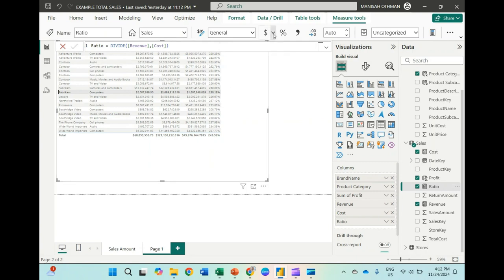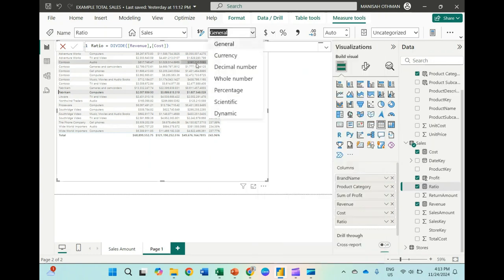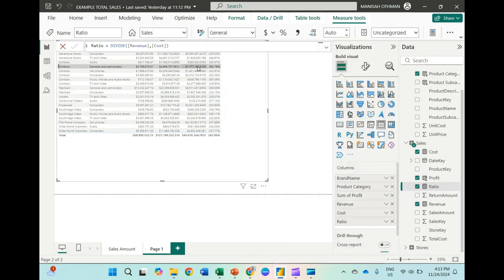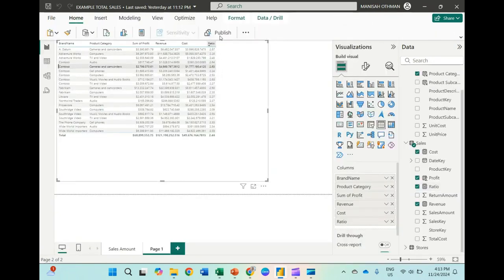Okay, why is it in the... go back to check ratio is in general or decimal number. Okay, you can choose, okay, so decimal. Okay, all right.